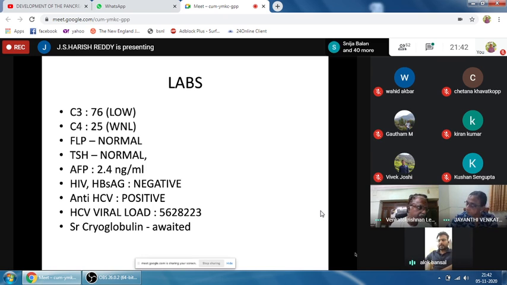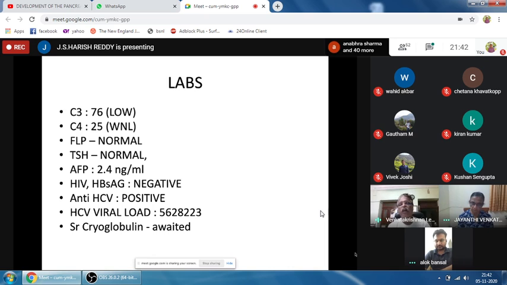Serum cryoglobulin should be taken in an ice sample. You should take it and keep it at 4 degrees centigrade. Anywhere between 24 hours to the 7th day, it will precipitate if your serum cryoglobulin is positive. Now you can also quantify it. Just before the class, I called up our biochemistry lab. They found that the serum cryoglobulin we sent yesterday afternoon has started precipitating, and it will get confirmed on the 7th day. So probably the cryoglobulin is positive in this patient.